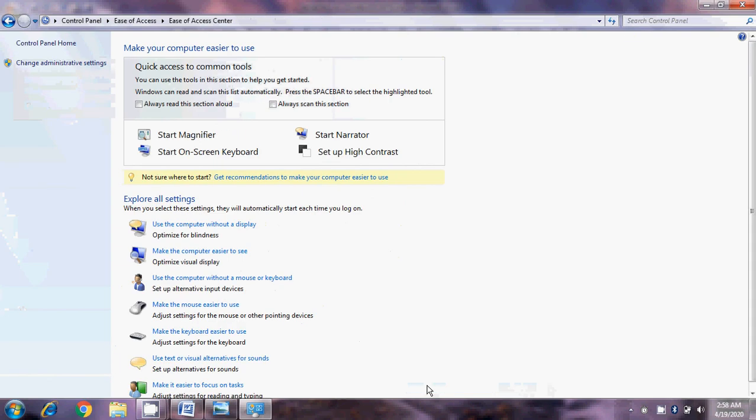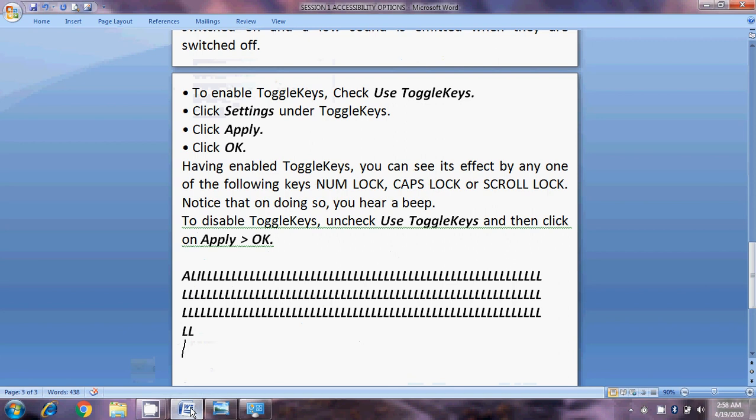Let's see what happens when we turn on filter keys. Now again I try to type my name and keep the L key pressed for a while. Now what do we see? We see that now it ignores repeated keystrokes.